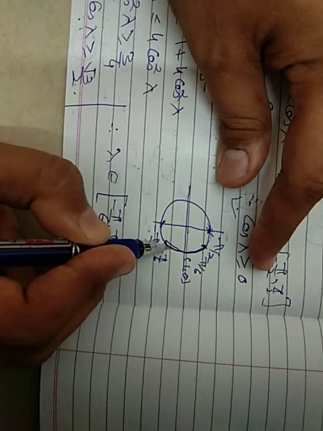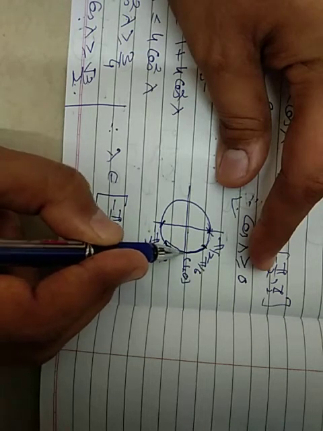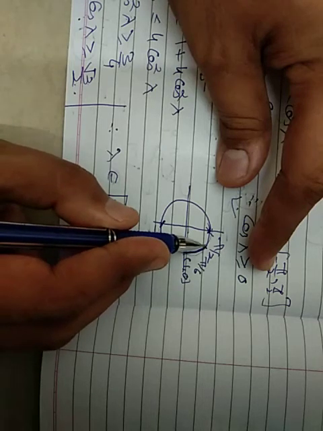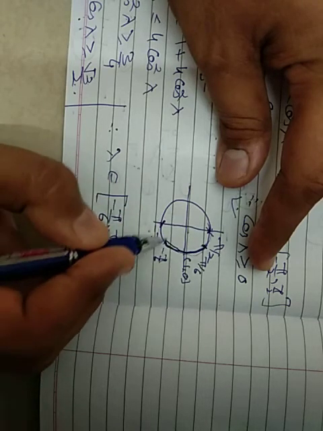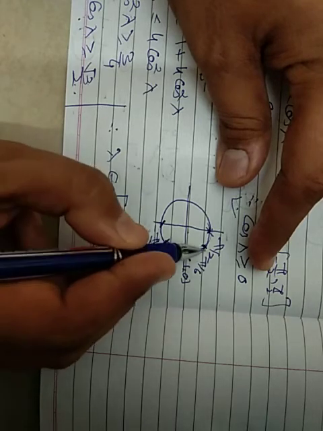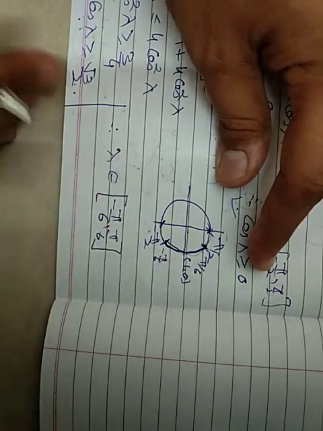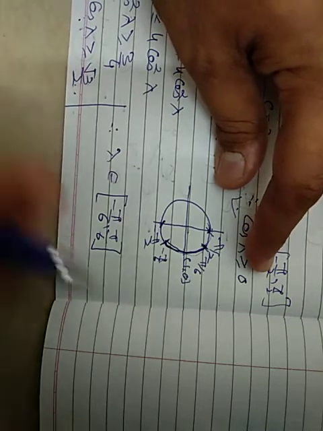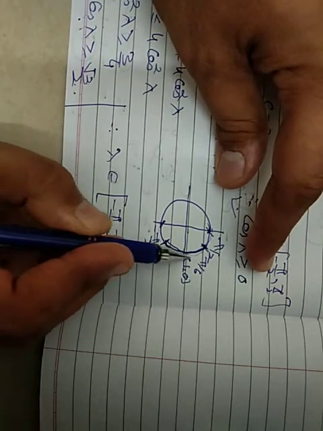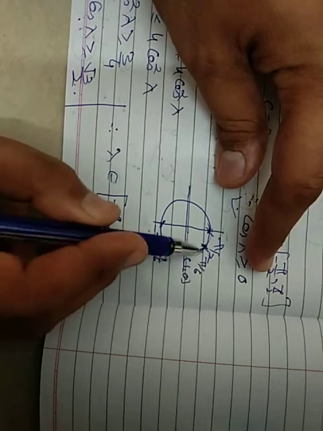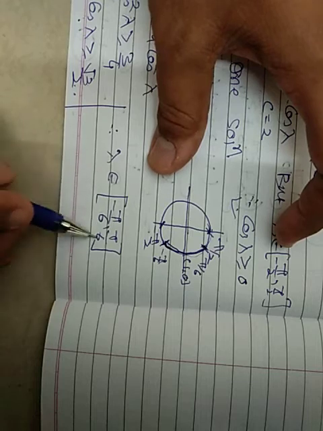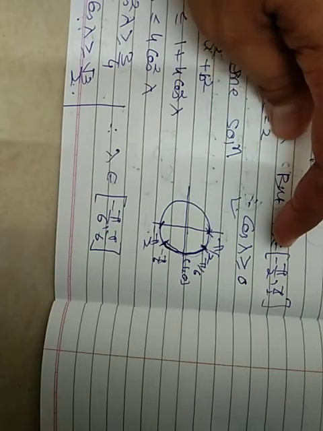Here cos is increasing till 1. After 1 it is decreasing up to root 3 by 2 and it is again decreasing. But we have to get the value of cos lambda more than root 3 by 2. Therefore cos lambda more than root 3 by 2 is between minus pi by 6 to pi by 6. This is important for the condition. Therefore lambda belongs to minus pi by 6 to pi by 6.